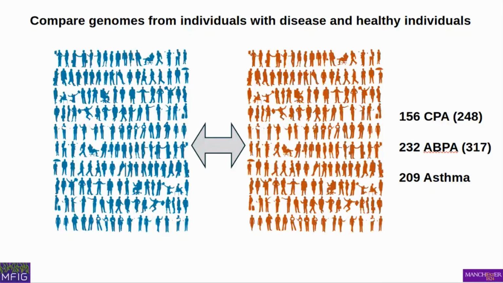So the idea here is we're going to compare our population with people who've got aspergillosis against another population, and we're going to see if we can spot some differences. And again, if you look at the people who are on this call, okay, 2 eyes, 2 ears, a nose and a mouth, but actually you can tell the difference between everybody, can't you? So we've got 3 billion base pairs of DNA. Probably each person has 1 million differences when you compare it with the next person. So this is quite a big computational task. We've been doing this for quite a long time now.